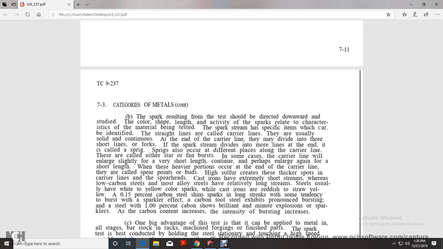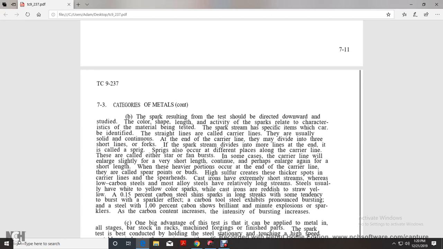In some cases the carrier line enlarges slightly for a very short length, continues, and perhaps enlarges again for a short length, with a very heavy portion of the curve at the end of the carrier line, which could be called spear points or buds. High sulfur creates thicker spots. Lower carbon steels and most alloys have a relatively low stream. Steel usually has a white-yellow color spark, while white cast irons are reddish to straw yellow,